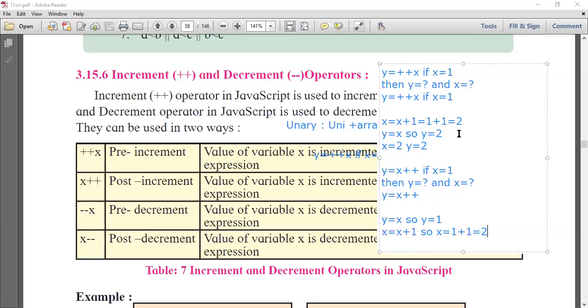Okay, this much, but did you understand this or do I have to repeat it again? Yes, tell me in the chat box. Shall I repeat, or is it clear how the calculation is done in increment or decrement unary operators? Did you understand or not?